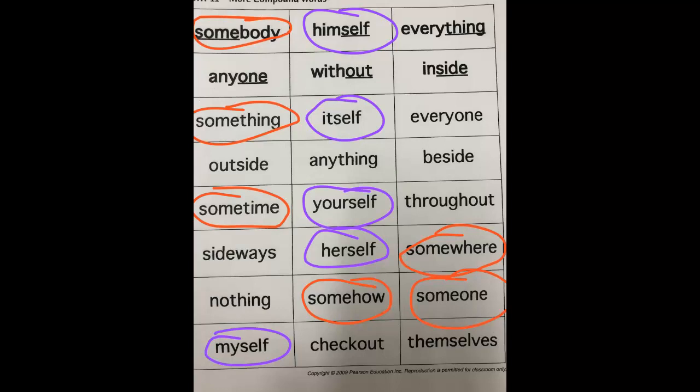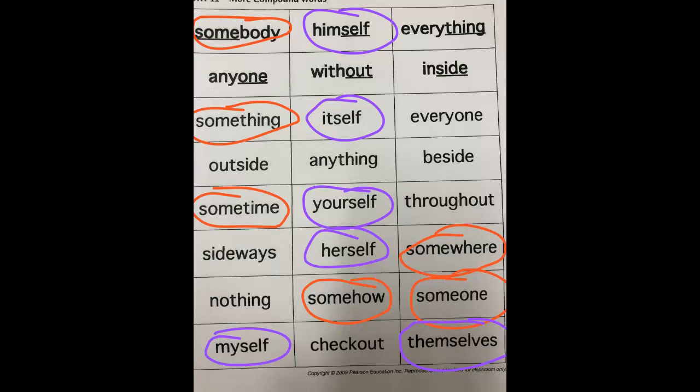Here's where it gets a little tricky. This very last one fits the pattern of self, but now we're talking about them, which is plural, which means more than one. So themselves, but the F changes to a V-E-S. So yes, that fits in the pattern. It's just plural, meaning more than one. So kind of tricky on that one. Go ahead and change your color.